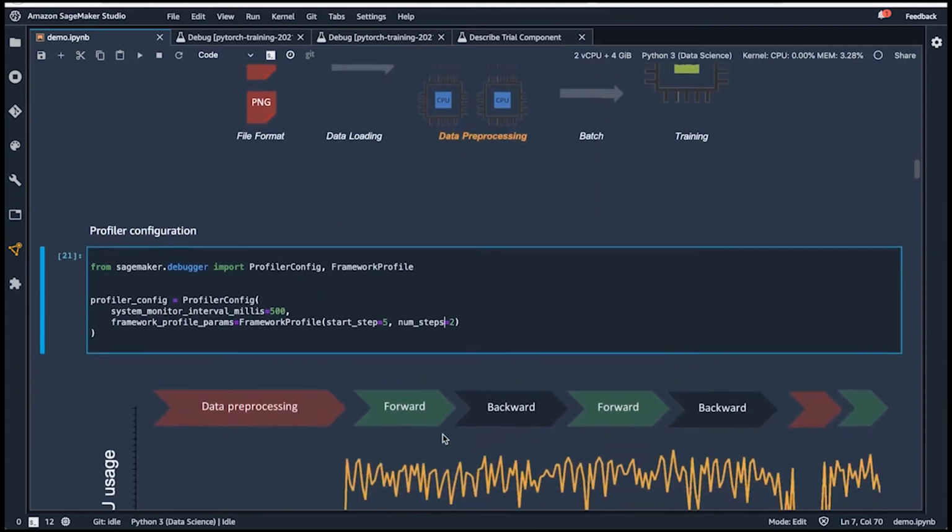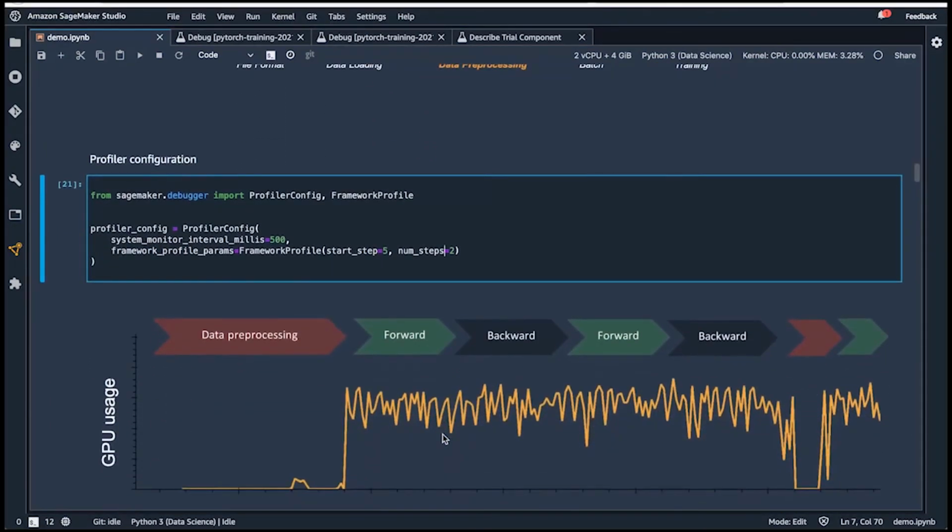What debugger will do is it will take those metrics from the different data sources and correlate them. So for instance, it can now take the system metrics, like here the GPU utilization, and we can see that there are certain timestamps when the utilization drops to 0. So debugger can now identify what has been happening at the same time in the training script to identify potential performance root causes. In this example, we see that the drop in utilization correlates with data preprocessing. So the root cause could be an issue in the data pipeline.